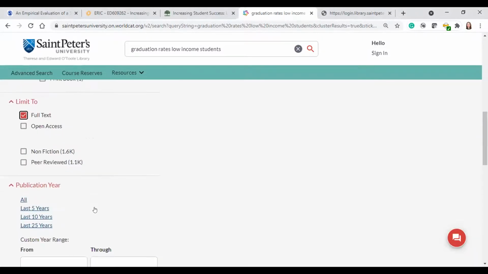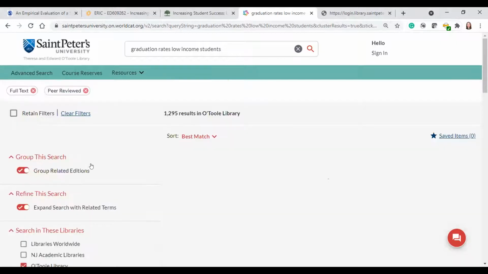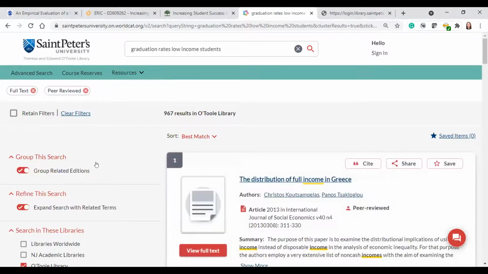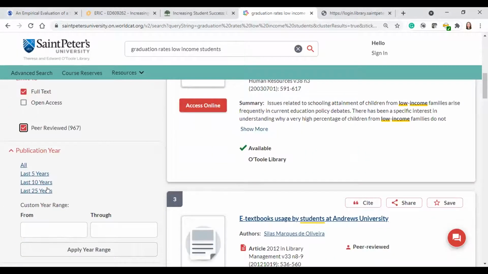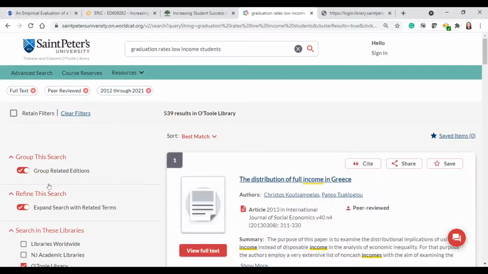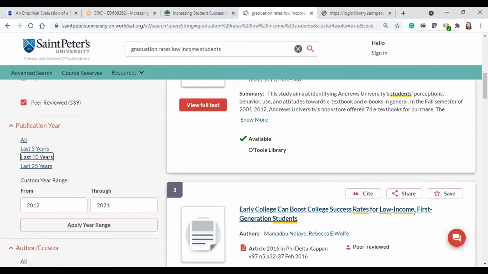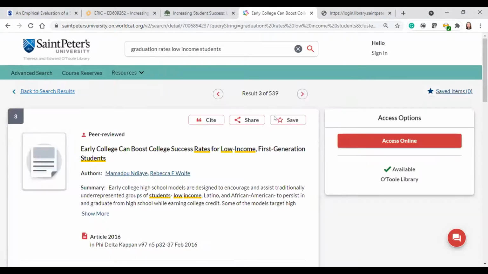You can also limit to the last 5 years or 10 years of research. Since our OneSearch tool searches many databases that have newspapers and magazines and non-peer-reviewed content, you can limit to peer-reviewed, and you can limit by a date range. So if you are going to use the OneSearch tool for general keyword searches, I do recommend that you consider doing that. And I don't find the relevance of the results are as good here as going into the individual databases, but it's worth a stop